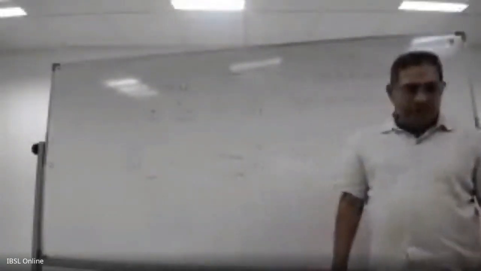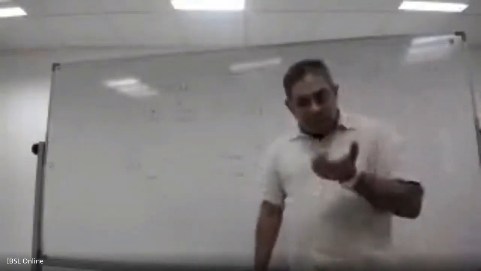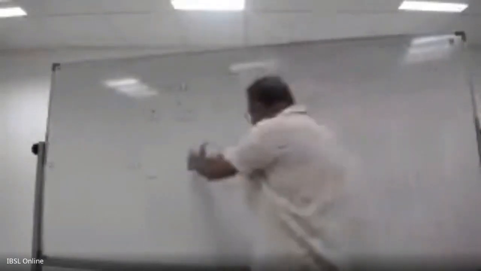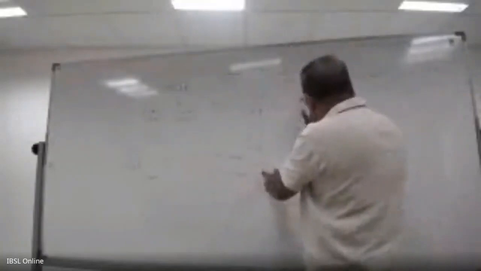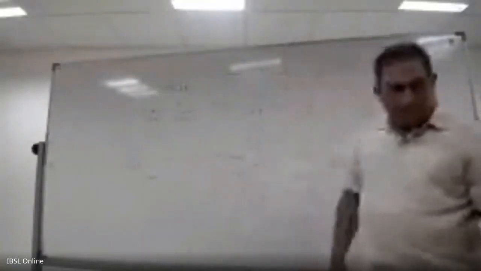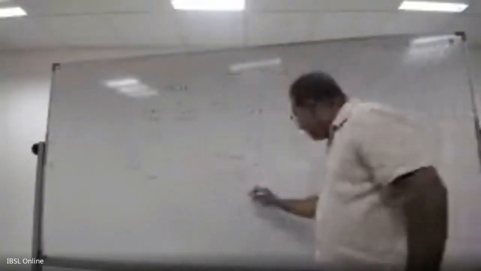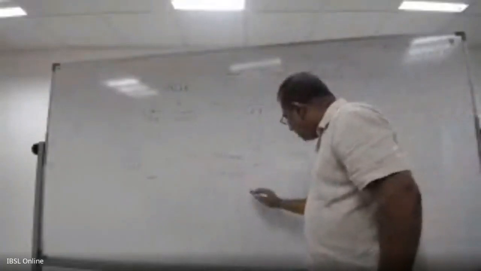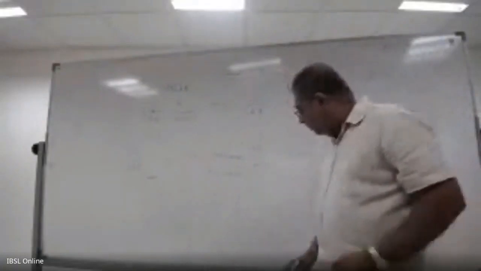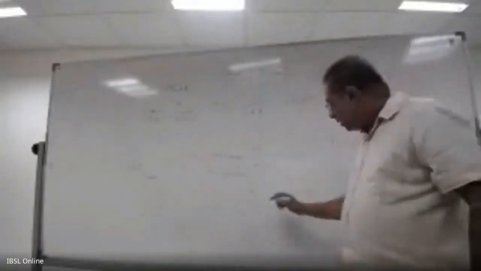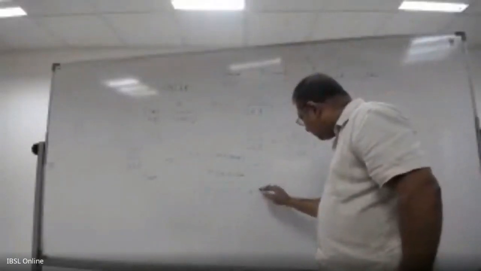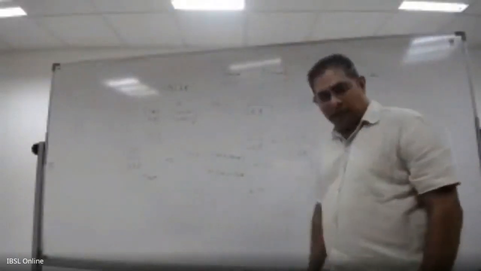When you subtract the spot rate from the forward rate, this is the forward rate, you subtract the spot rate, which is 150, and if that answer is a positive figure,